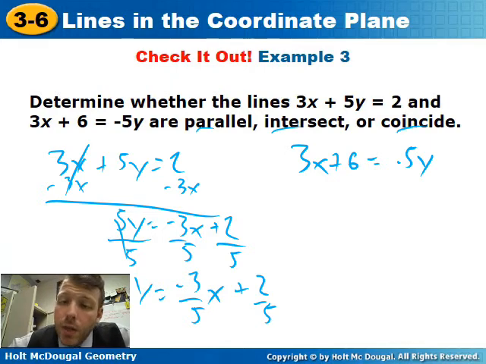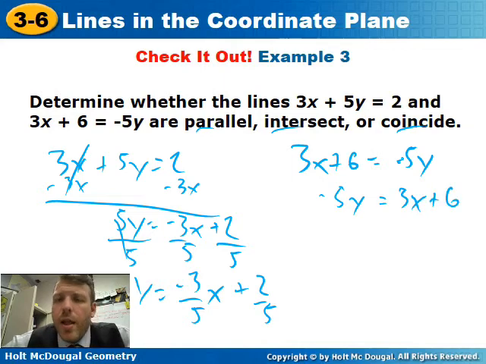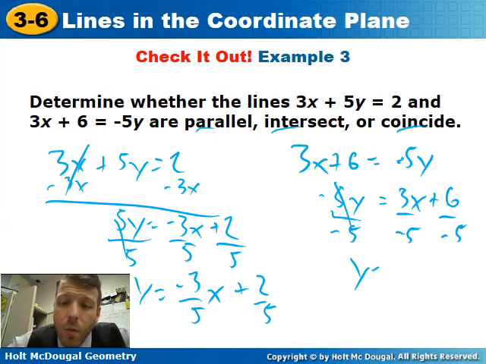All right, over here, I can flip this around so that the y is on the left and the other stuff is on the right. And now all I have to do is divide by -5. So when I do this, I get y is equal to -3 over 5. Since the negative is on the bottom here, it doesn't make a difference. This whole thing is negative then. If both the top and the bottom are negative, it would make it positive. But I still have that x, and then I have minus, because of this negative on the bottom, 6